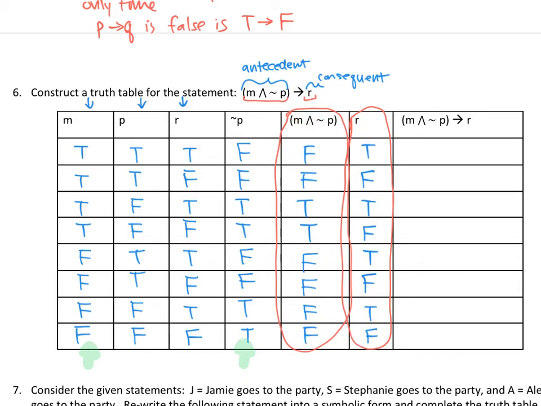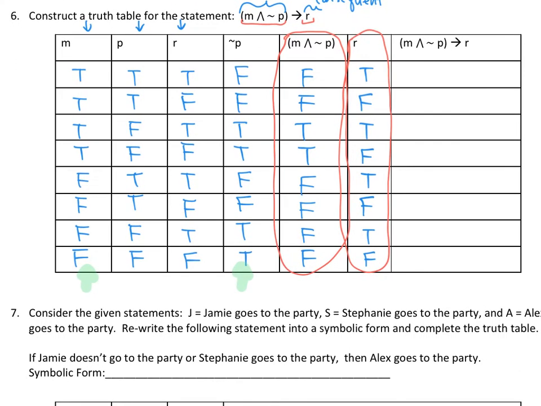So again, the only time the conditional statement is false is when I have true, false. So here I'm going to look for true implies false. That's the only case where we get false, right?